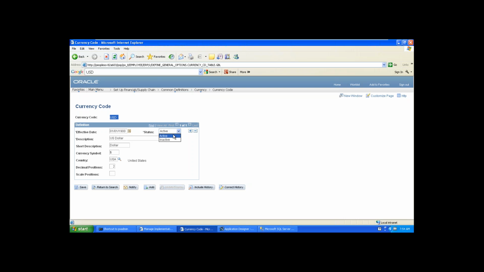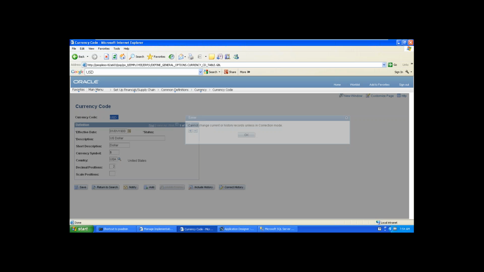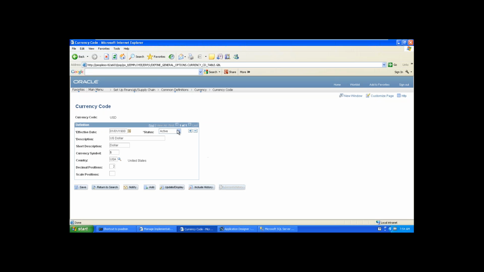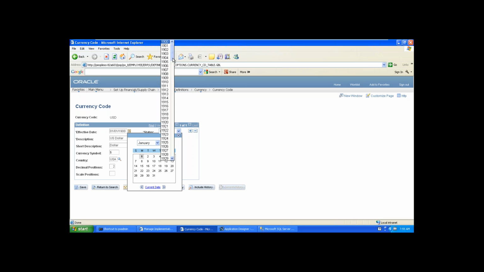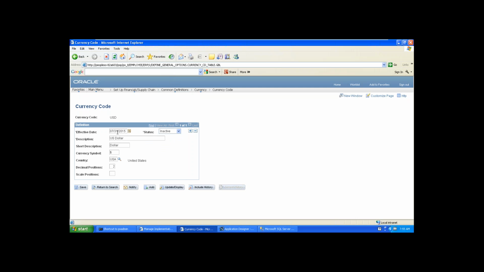For example, if I put inactive, July 31st, 2015, that means from 31st July 2015, this currency code will become inactive. That means the USD currency code is no more in the system. That's what this means.